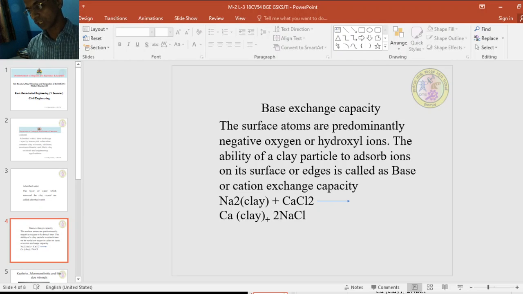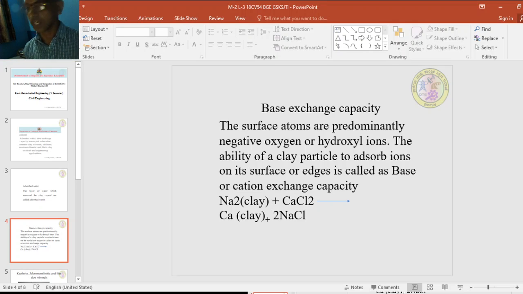Once you know that chemical, you have to use an opposite strong chemical to remove the ions from its base, or from its surface. For a sodium concentrated clay, if you add calcium chloride, then calcium reacts with that clay, sodium is released, that is, base exchange takes place. In place of sodium, an exchange of ions takes place by calcium, so calcium replaces the sodium, whereas the sodium combines with the chloride ions of calcium chloride and forms NaCl, sodium chloride,